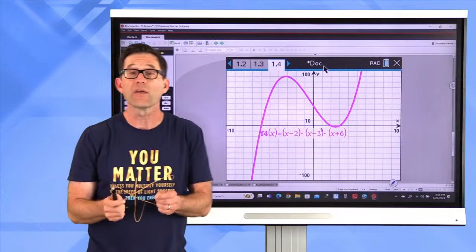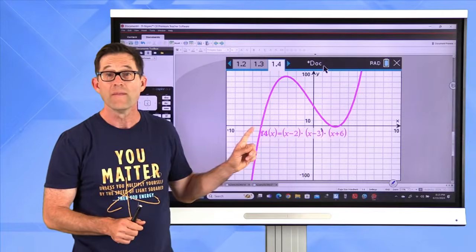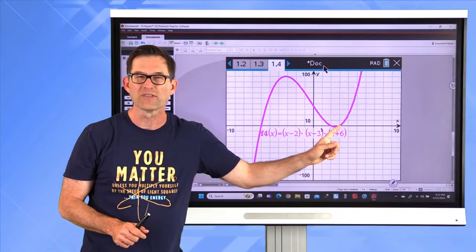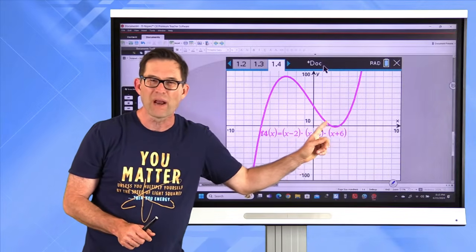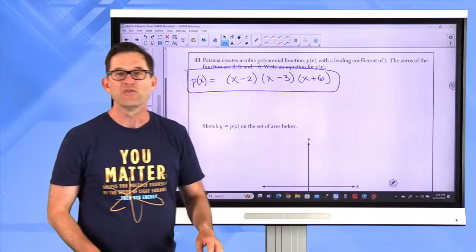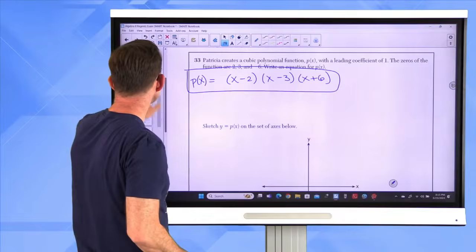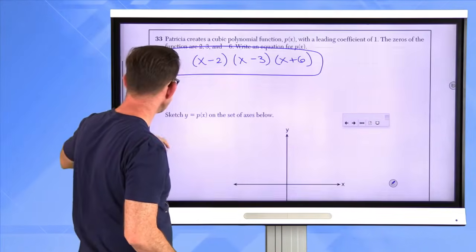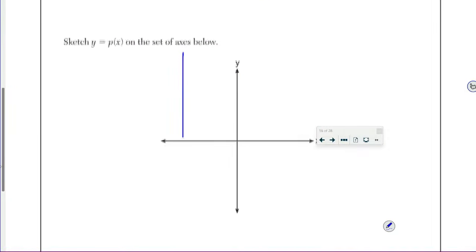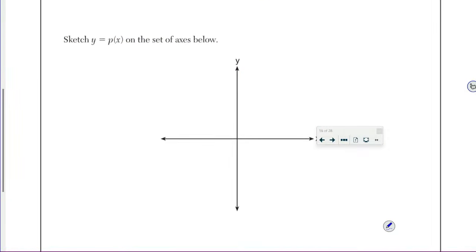And again, the irritating thing is, because of the scale issue, there's that 0 at x equals -6, there's that 0 at x equals 2, that other 0 at x equals 3, and the cubic just barely dips below the x-axis. Now, to be honest with you, they're going to give you full credit as long as you've got -6, 2, and 3, as long as you've got something that's going to go like this,